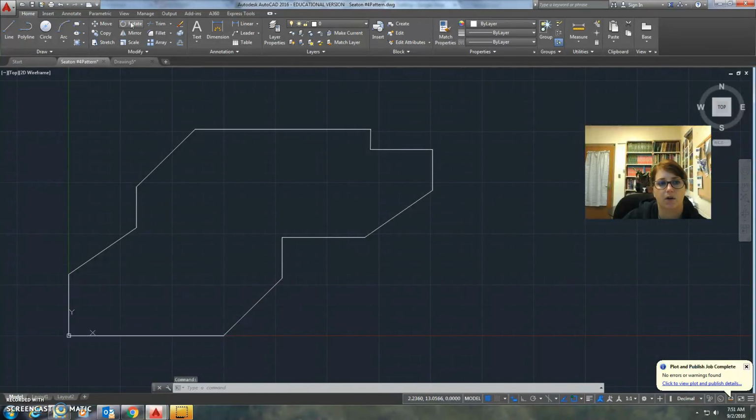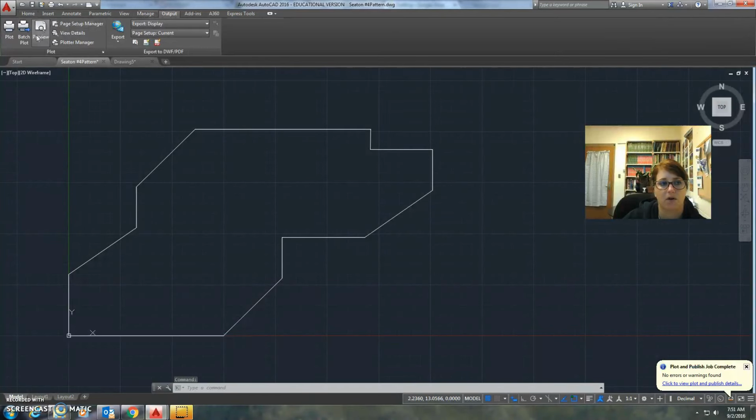Then you're going to go to Output and Plot and save it as a PDF, and then upload the PDF onto Canvas. If you are unsure with those steps that I just went through, there is a separate assignment that goes over how to